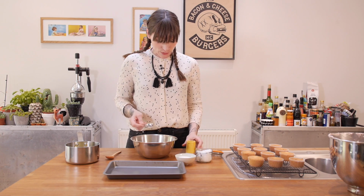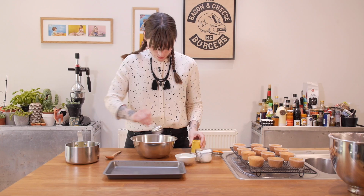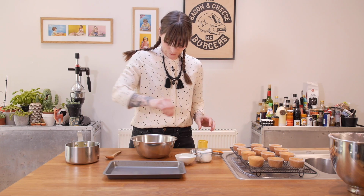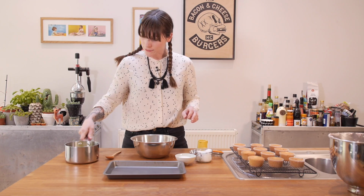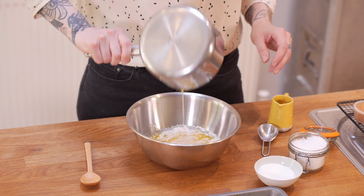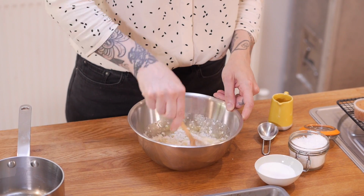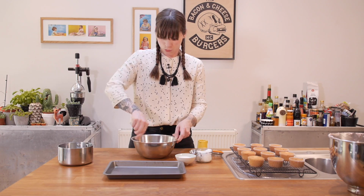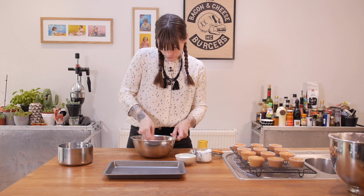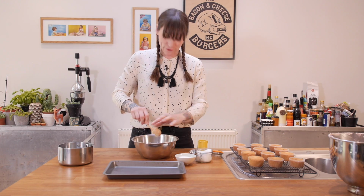a tablespoon of water, a good pinch of salt, and I've already melted 60 grams of unsalted butter. Just whack it all in together and then give it a really good stir with a spoon, and it will start to come together as a kind of wet, sticky dough. When it's all sort of clumping together, then you can abandon your spoon and get your fingers in there,